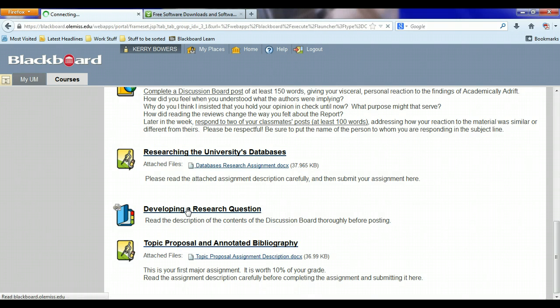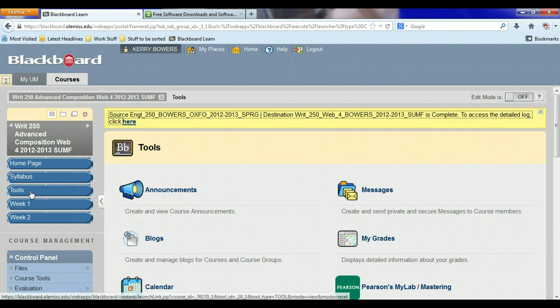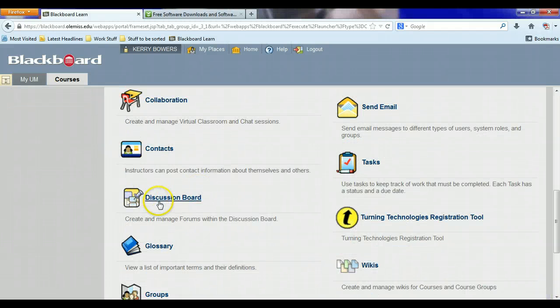I might have to change this because it's not pulling up the assignment description. To see the assignment description, I'll have to probably create a thread that has the assignment description that I've created. It is attached to the forum, but it is not showing up here. If you go into your Tools menu, I have a link to it in this week's folder, but there's also a link here. If you go into Discussion Board,